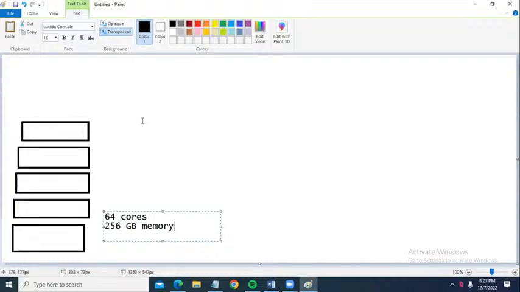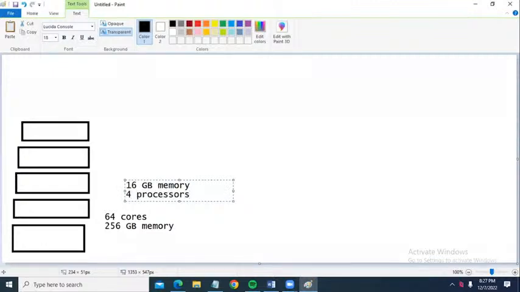So you have purchased a high configuration system with a great expectation that this application consumes more resources, 64 cores of processor, 256 GB of memory, but your application is consuming only 16 GB of memory, and it is utilizing only 4 processors. But how many processors are there here? 64. So all our resources are wasted, right? Underused. Now, can I return this server to the store where I purchased?